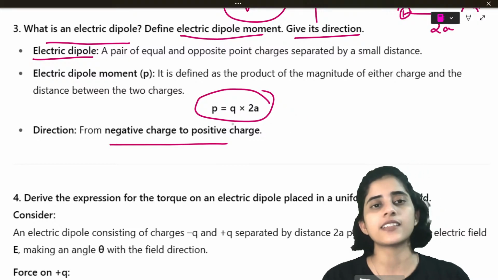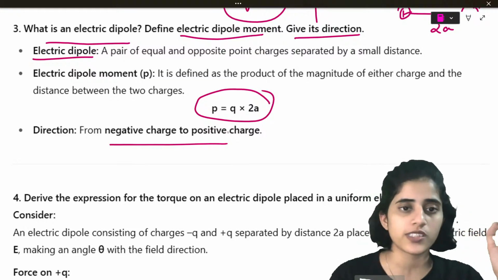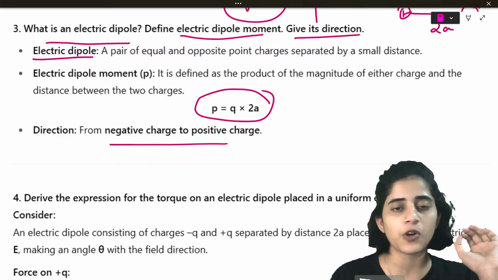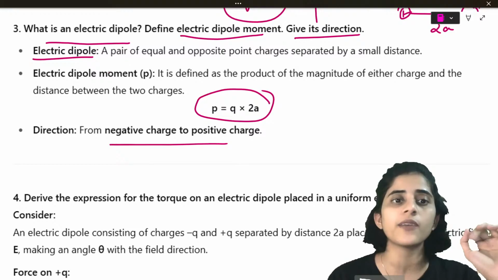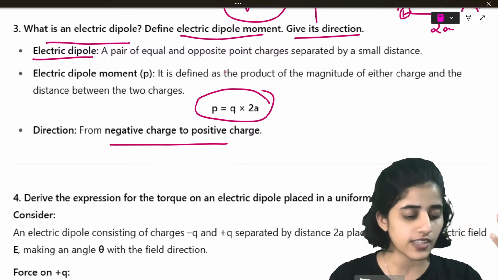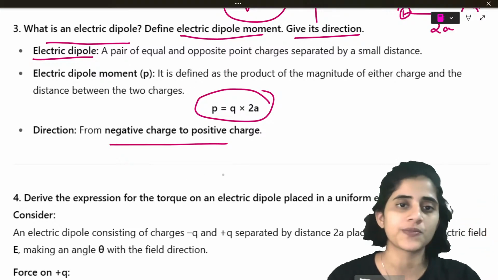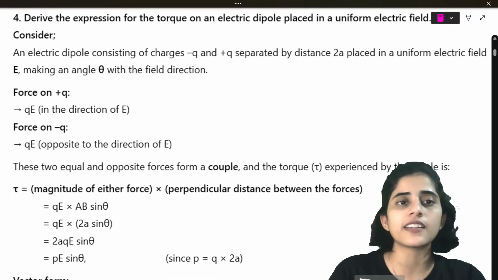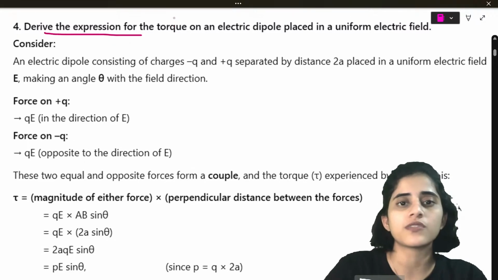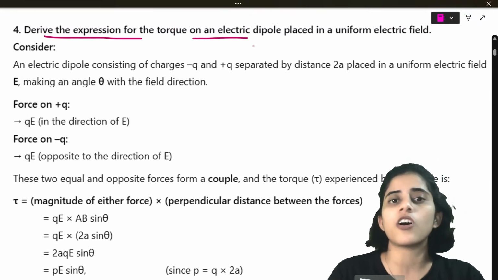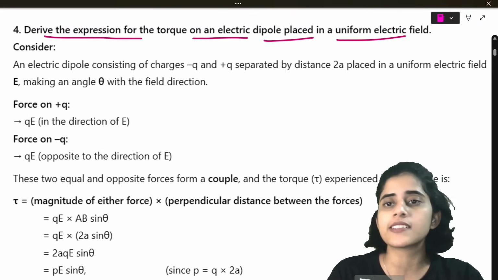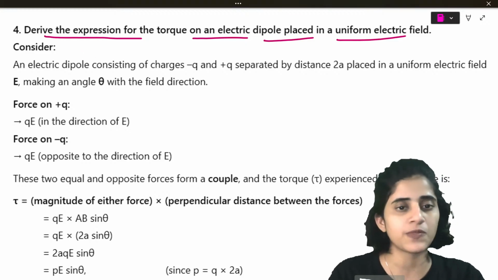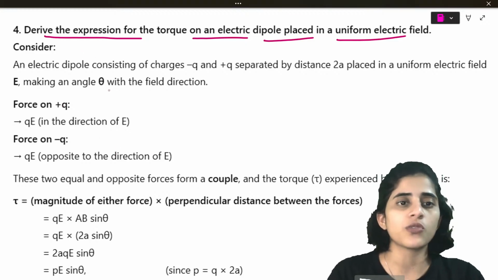So yes, these are 3 things about dipoles: that they always point from negative to positive, the dipole moment is q times 2a, and what an electrical dipole is. Okay, next question. Derive the expression for the torque on an electrical dipole placed in a uniform electric field. Okay, so we have to find out